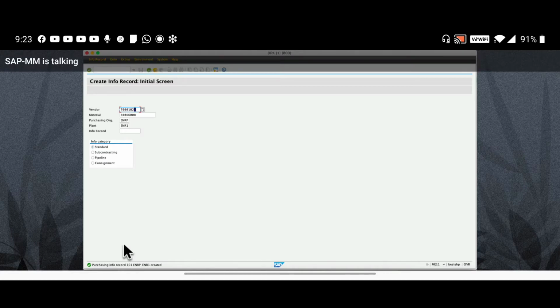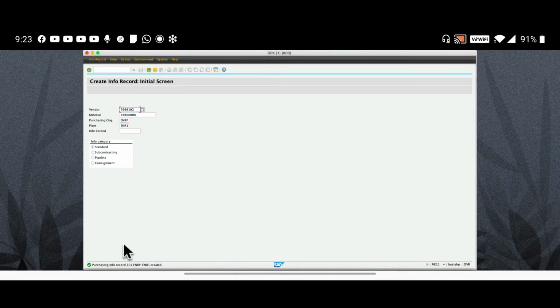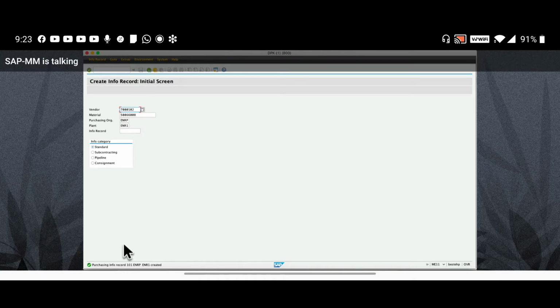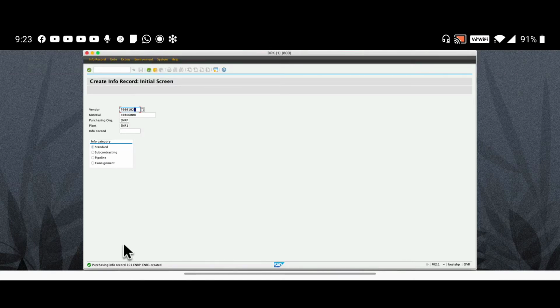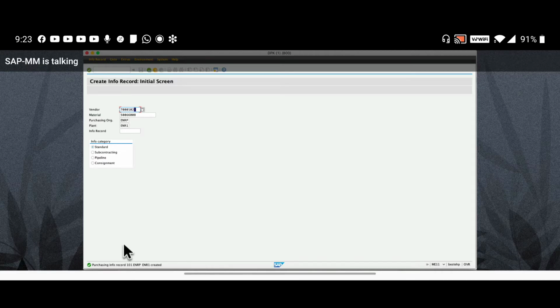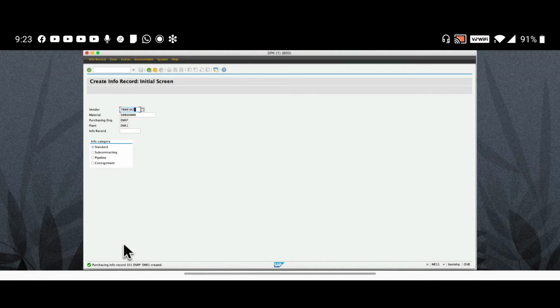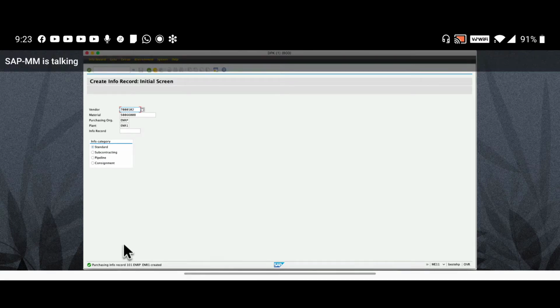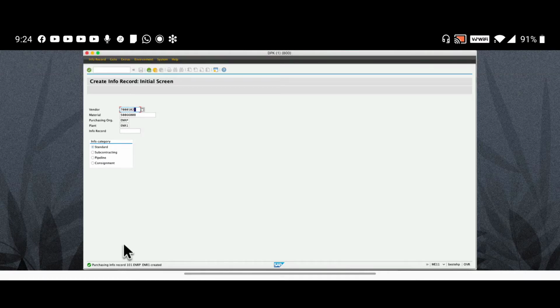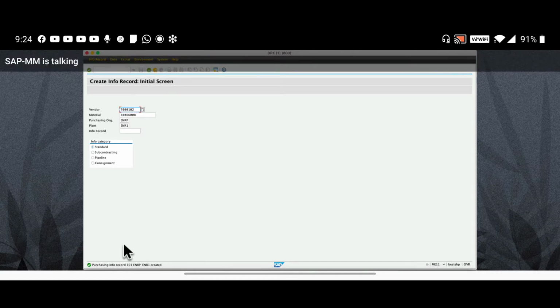Those data we can edit in the info record, and they will be copied to the purchase order automatically.